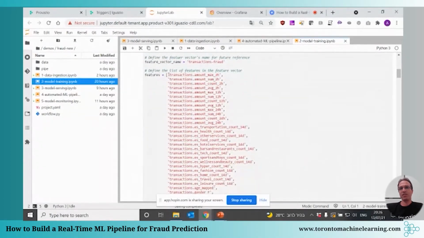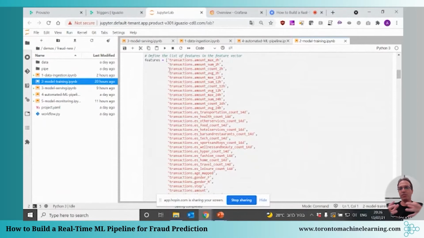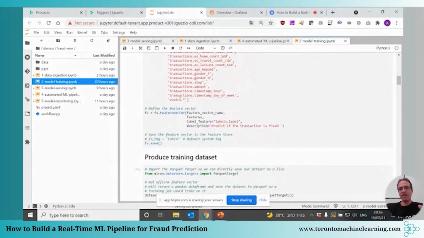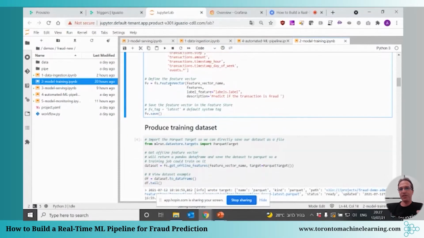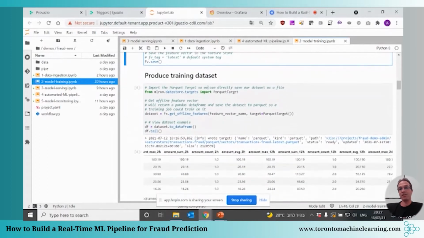It's pretty straightforward. We just give the list of all the features that we want to be part of the feature vector. In this case, those are the features that are part of the transaction feature set, as well as the events. When I add features across different feature sets, it joins them using the entity, so under the hood it already does the join. To create the feature vector, we pass the list of the features, and we can set up the label column, and that's pretty much it. Now we have a feature vector that comprises the list of features.